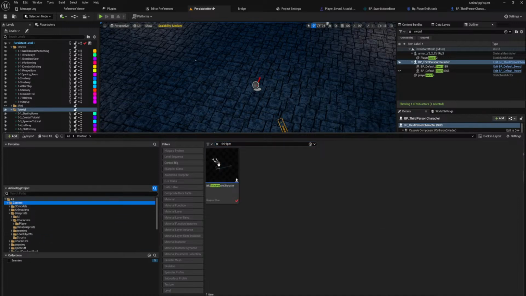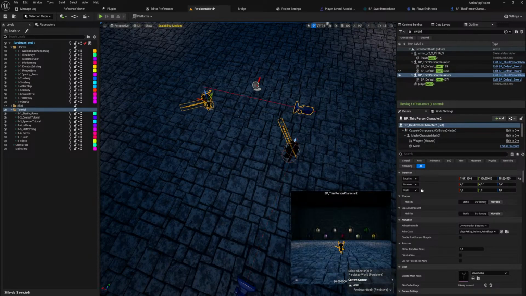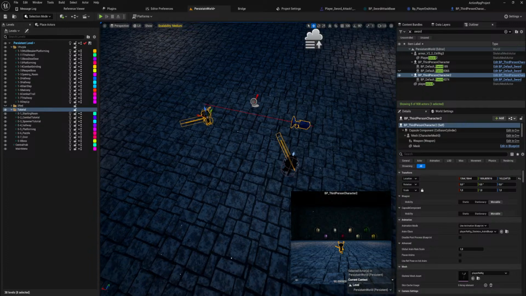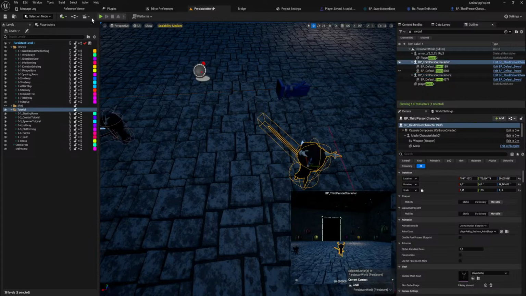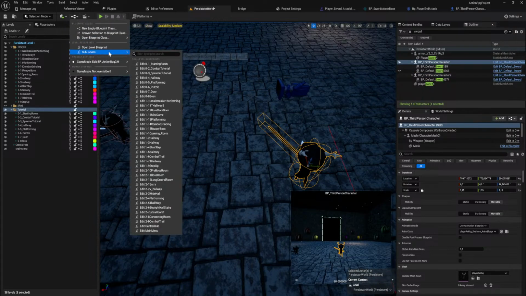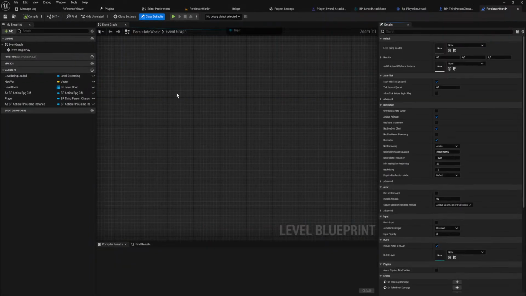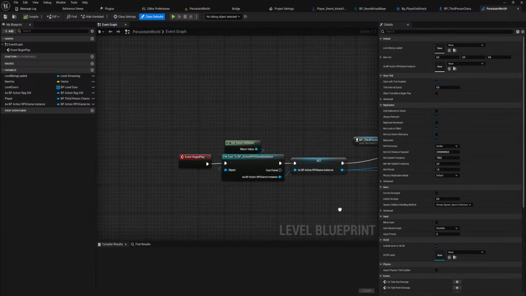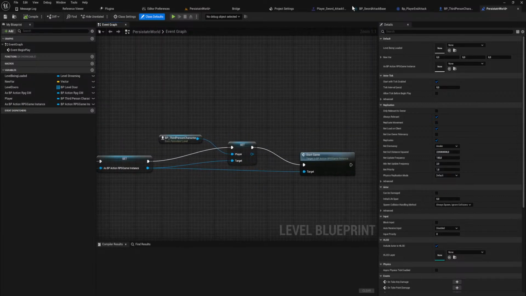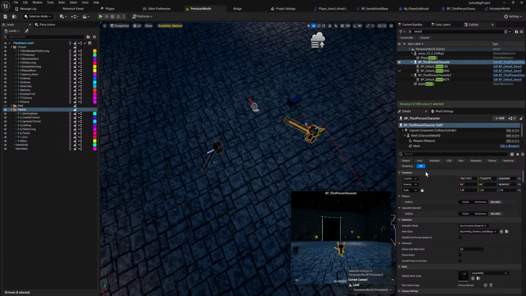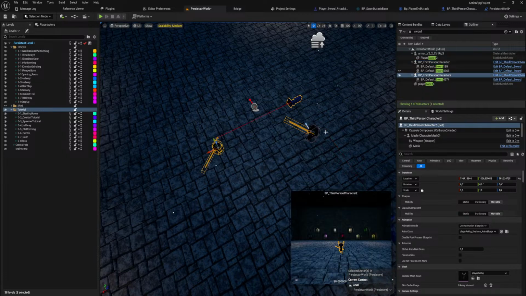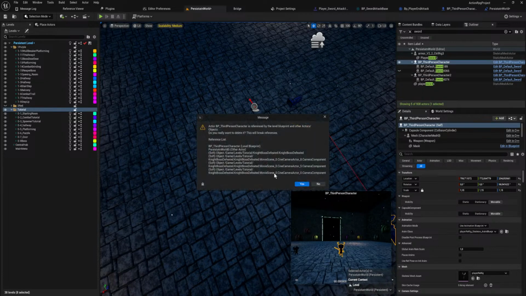So if I just put another one of these in here, this one just has 1 sword. But I really don't want to get rid of this one because he's using a level blueprint, I think. Right. Actually, only in one place. If I just, like, take your transform, remove you,